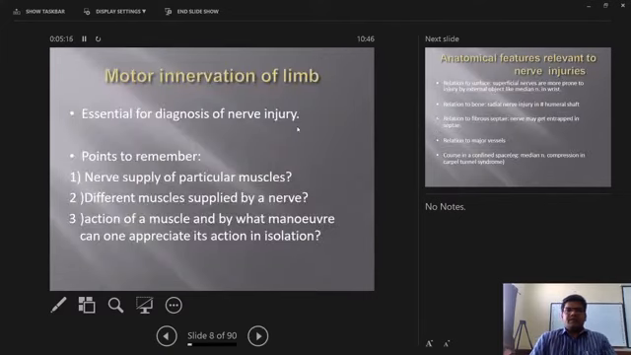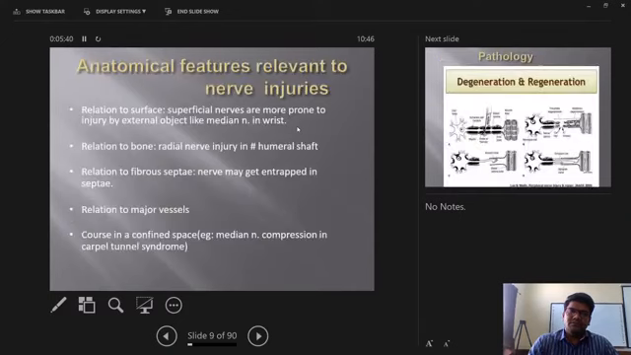Motor innervation of the limb. For the diagnosis of nerve injury, the points to be remembered are: 1. What is the nerve supply of any particular muscle, the different muscles which are supplied by the nerve, and the action of the muscle, and by what maneuver can we appreciate the action. So anatomical features